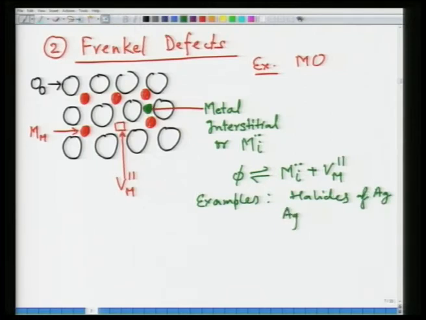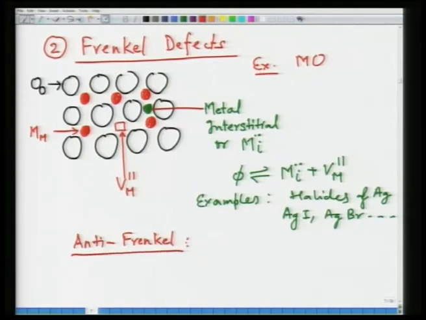So, for example, silver iodide, silver bromide, etc. These follow this kind of structure. If it happens with a metal interstitial, it is called a Frenkel defect, and if it has happened with oxygen or an anion, it is called an anti-Frenkel defect. So, in case of anti-Frenkel, what will happen is